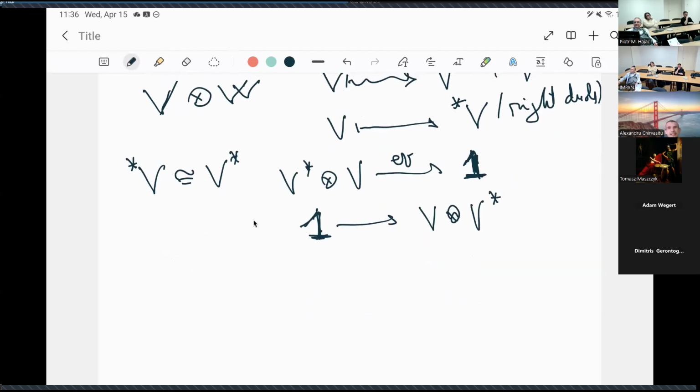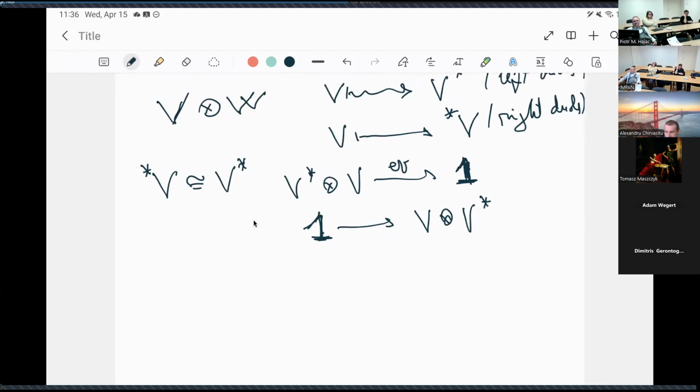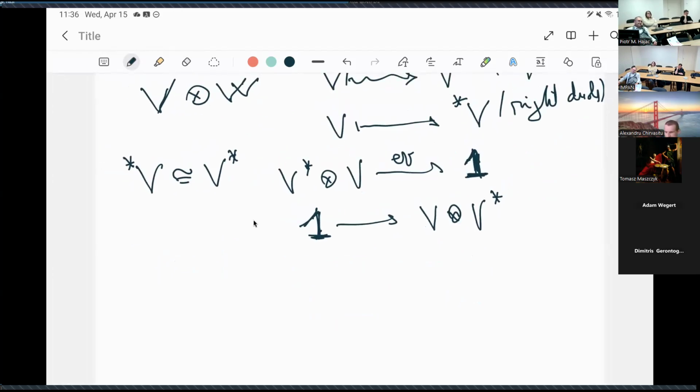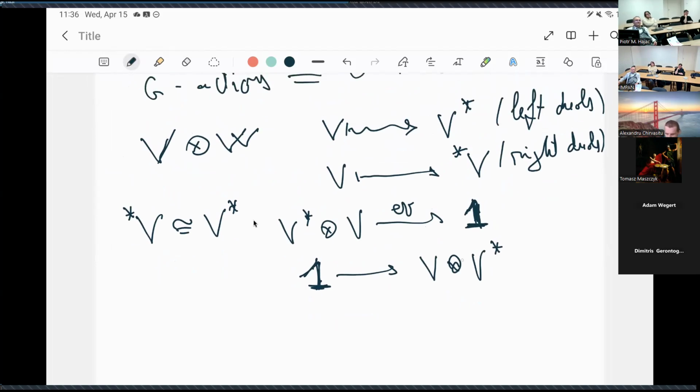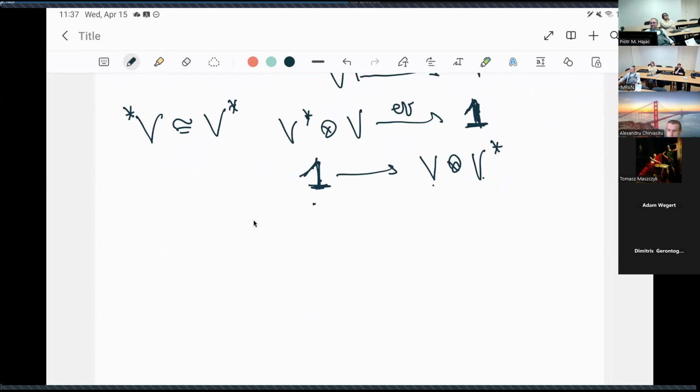Again, here you can twist these around, but because V is isomorphic to V star, and V star is isomorphic to V star on the other side, you can flip the V and the V star, but I do like to be consistent. If I'm using the notation for left duals, I do like to write down the tensor product in the correct, so to speak, order. I have those morphisms because we have this star structure superimposed over whatever goodness the Hopf